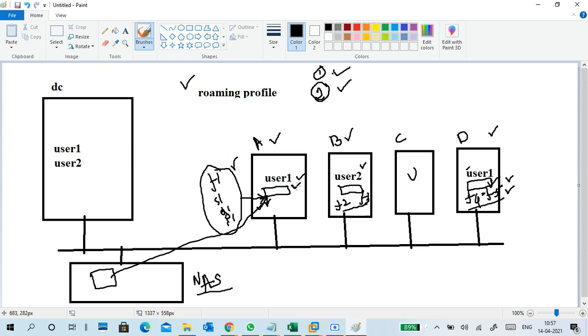Whenever the user logs in and creates data, the data is stored in the central location only. When he logs out, this data syncs to the central location only.